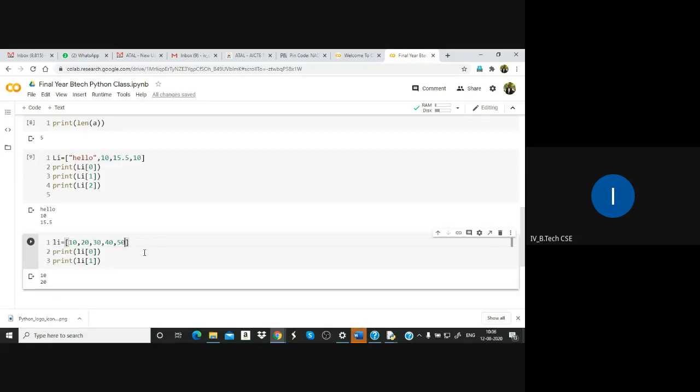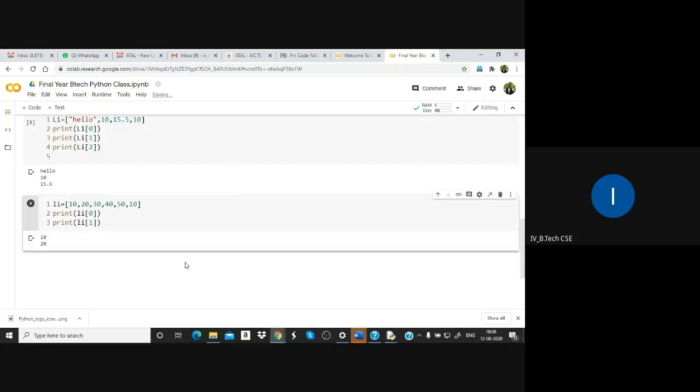Okay. So like this, you can keep duplicates and it will accept it. So 10, 20 I'm printing. This is a simple list program. Like that, lists will be there. List accessing will be there.